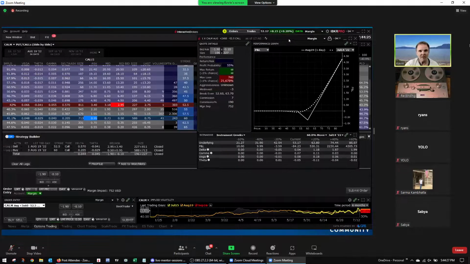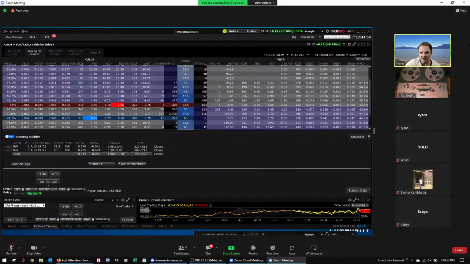So here you can see we have a lot less profit to start out with. Our max loss has gone up a little bit because we're buying another call. But you can see how the return on a short squeeze gets much steeper. You need to play around with this and find what works best for you, what suits your personality best, because there are a lot of different ways to make this work.